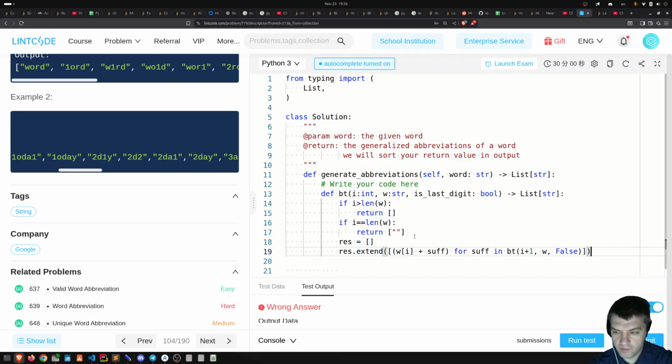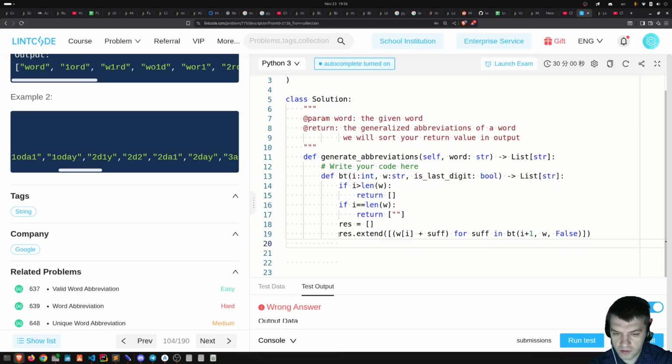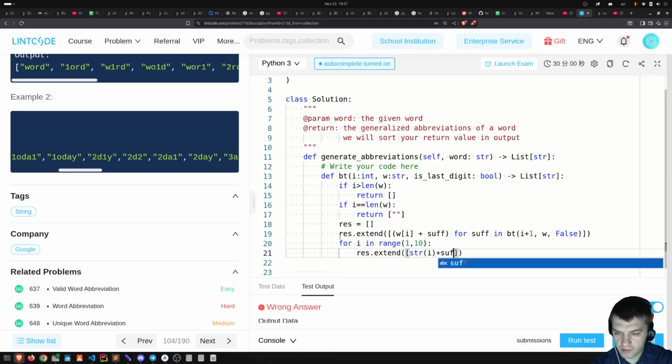And the next one is for i in range 1 to 10, I wanna do if, I'm just gonna do res extend string i plus suffix,